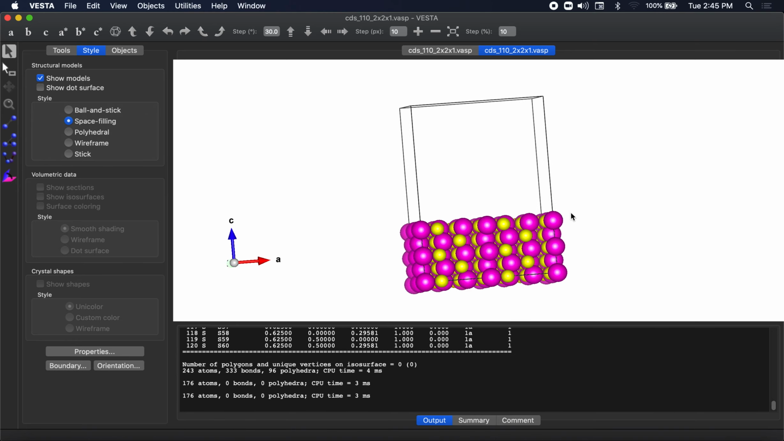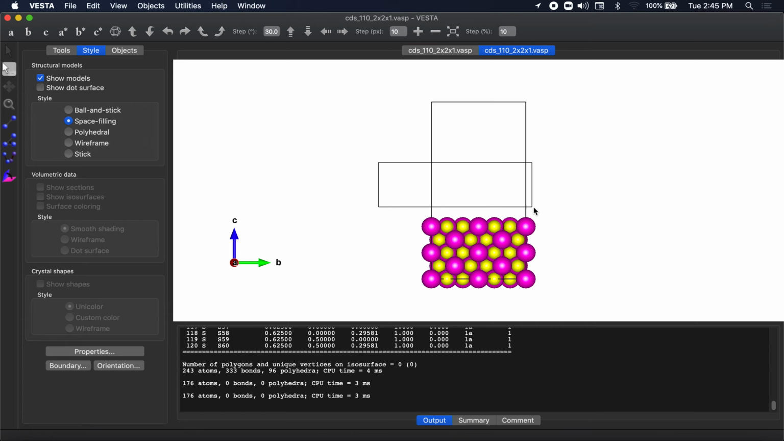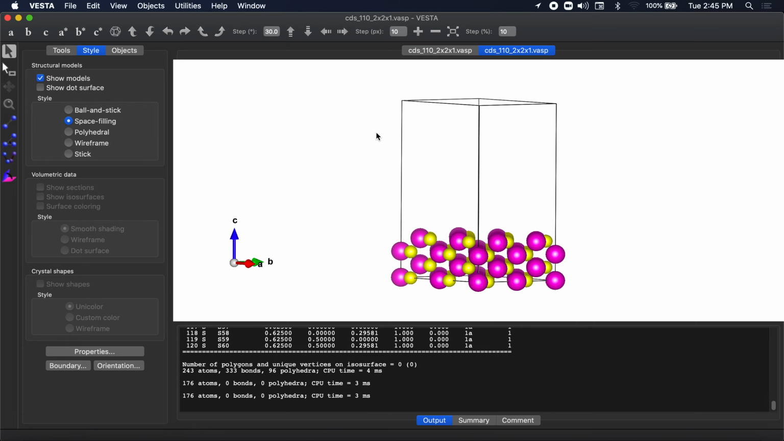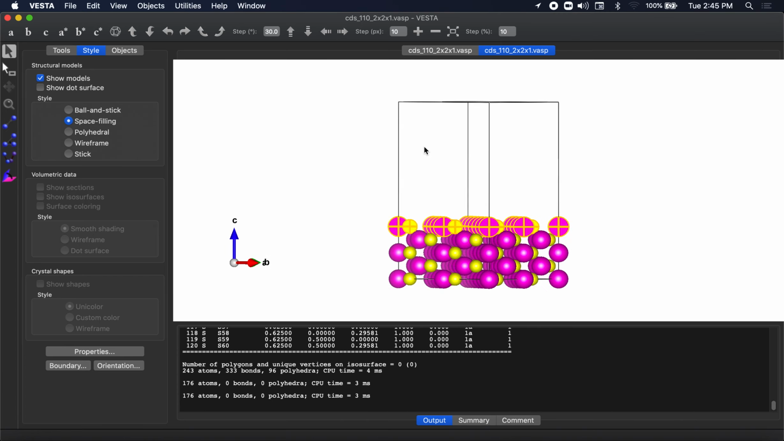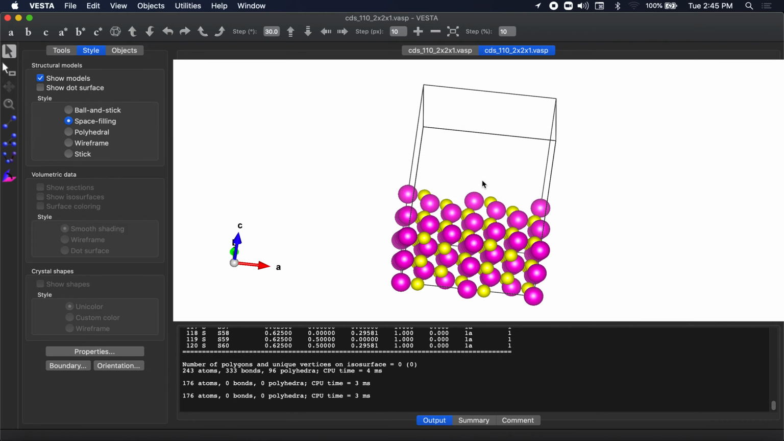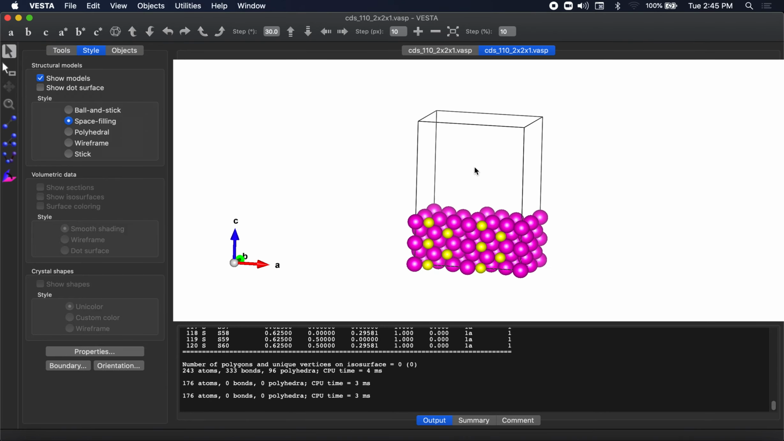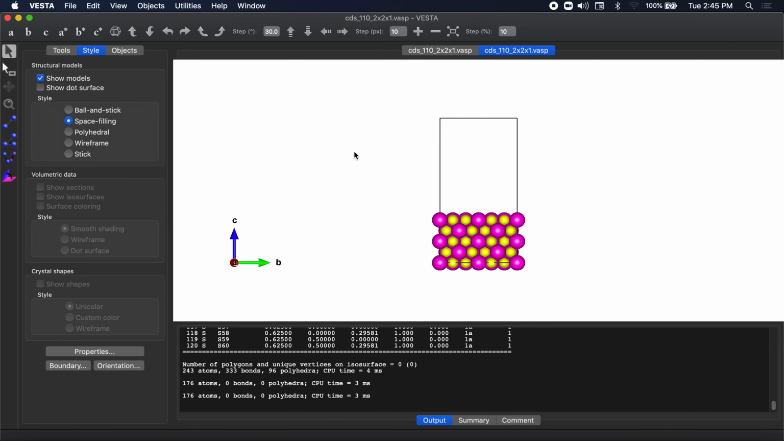So if we were to remove this top layer, it would be the next surface. Okay. So let's go ahead and add our molecule now on top of this. There's a couple ways we can do this. Let's go ahead and just do it this way. So let's go to File,